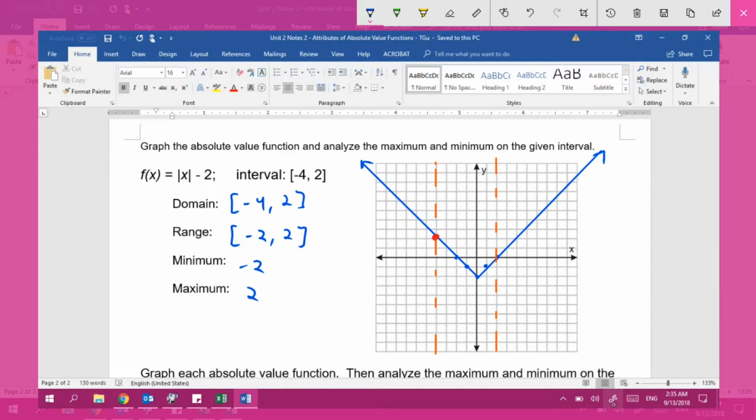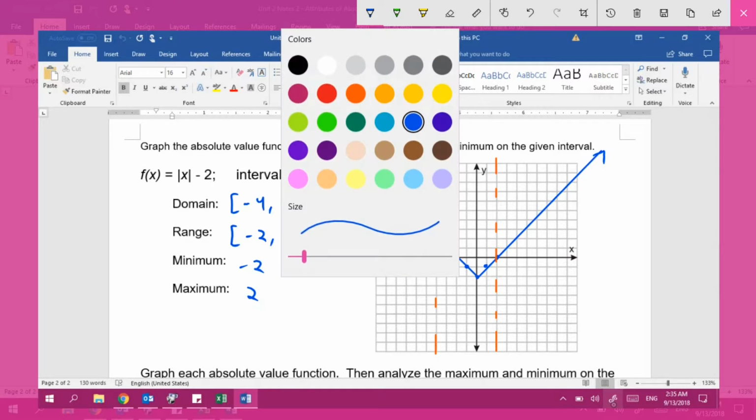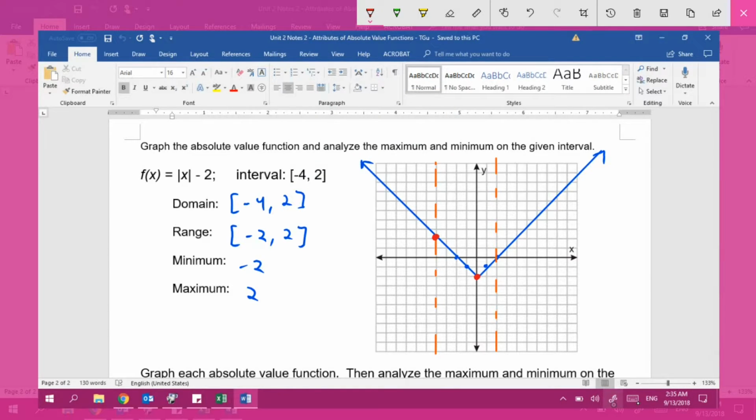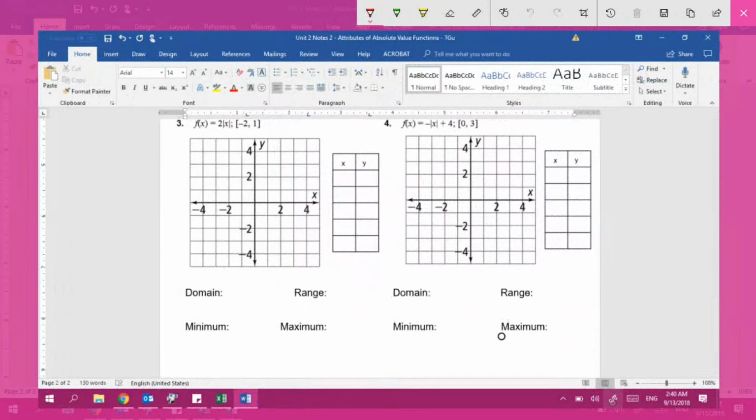And you can see that by actually looking at your graph as well. The minimum is right here, down here. That's -2, and the maximum, the highest point in the interval is up here at +2. That's it. All right, so now down here on number 3, we're given the function f of x equals 2